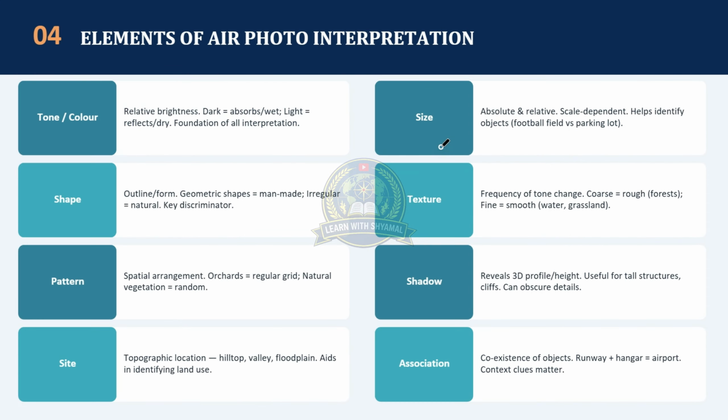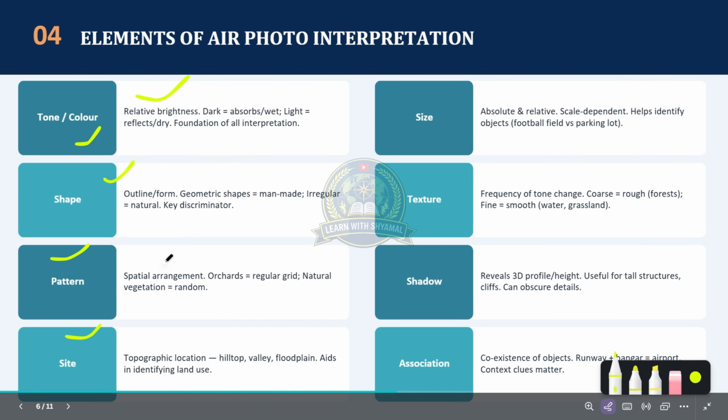Then the elements of air photo interpretation: tone and color, relative brightness, dark absorbs, light reflects, the foundation of all interpretation. Shape, outline, form: geometric shapes are man-made, irregular are natural, a key discriminator. Pattern, spatial arrangement, such as regular grid, and natural vegetation is random. Site, topographic location, hilltop, valley, floodplain, edge,